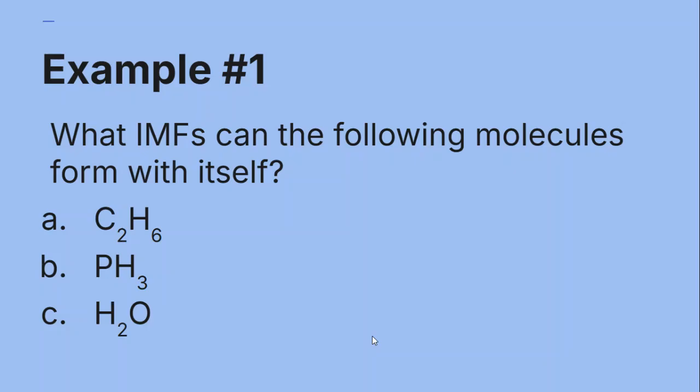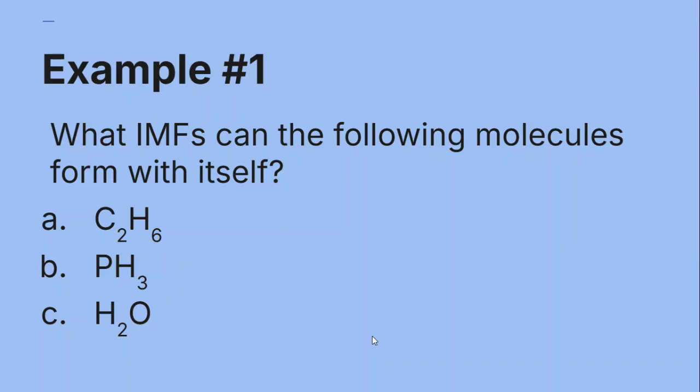So let's do some examples. With IMFs, you do need to be able to recognize what kinds of IMFs a substance can form with itself. Also, you should be able to figure out what kind of IMFs a substance can form with another substance. But let's start here. For each of the substances, we want to know what IMFs the molecules can form with themselves. So starting with A,